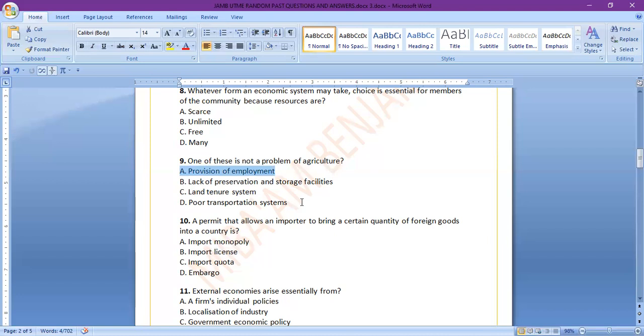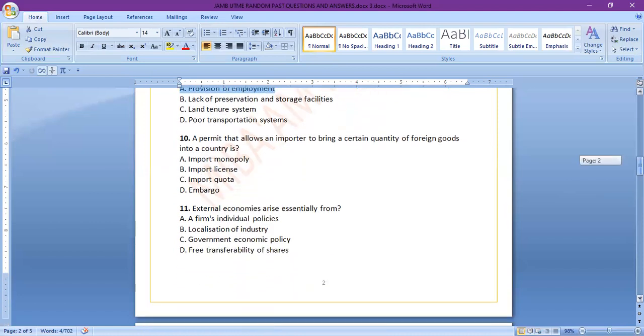So the answer to this question is provision of employment, because agriculture actually provides employment to a lot of people, especially in developing countries like Nigeria, even though the employment is not really at a commercial level, but it's more like a subsistence. It provides a kind of temporary